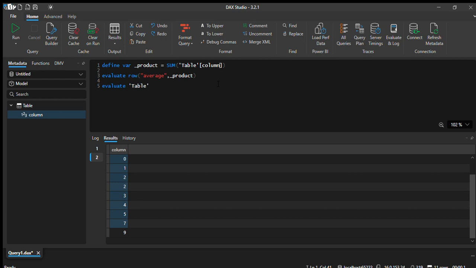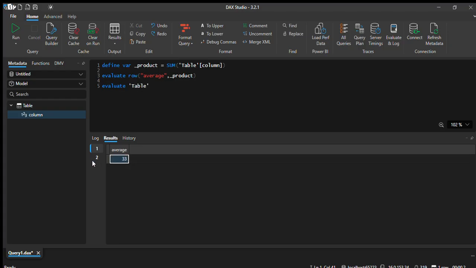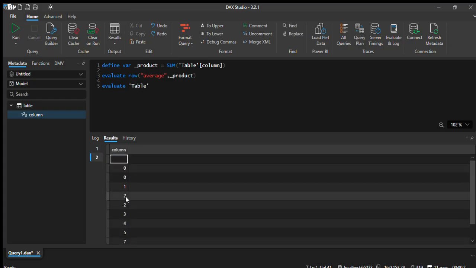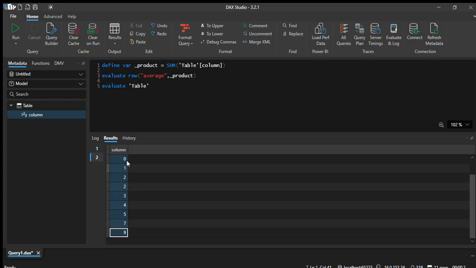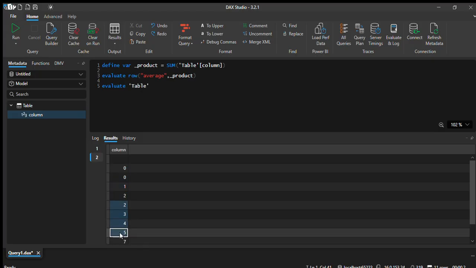Okay, so let us run this one, and you can see 33. So 33 means it is calculating all these rows. Okay, so it is just summing up all these rows, and